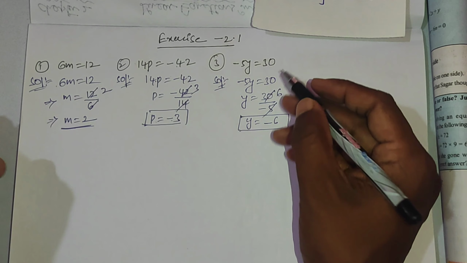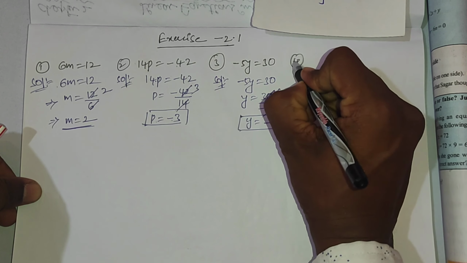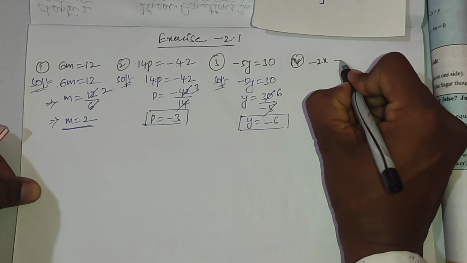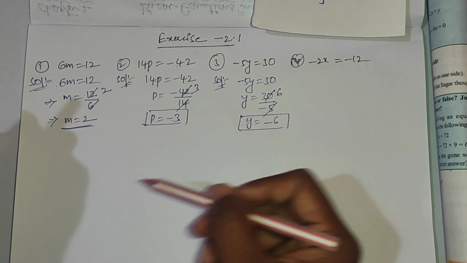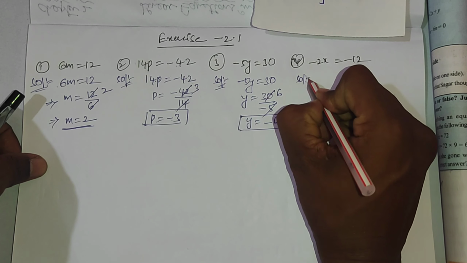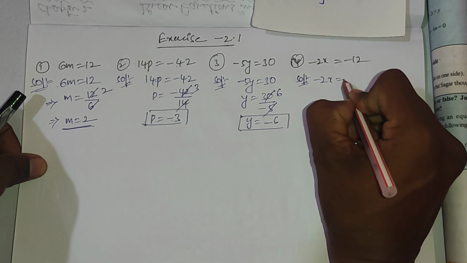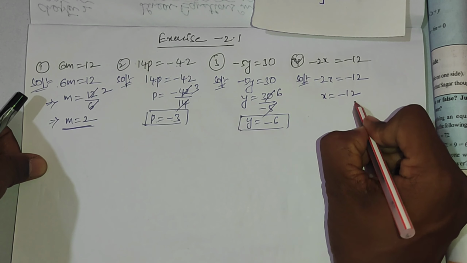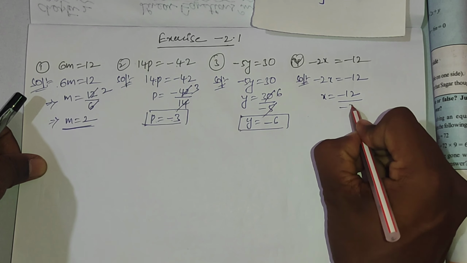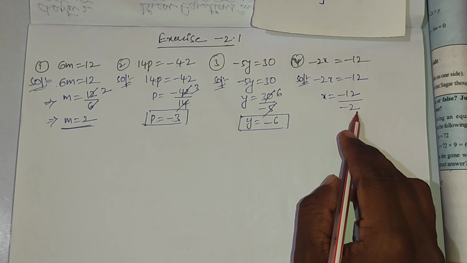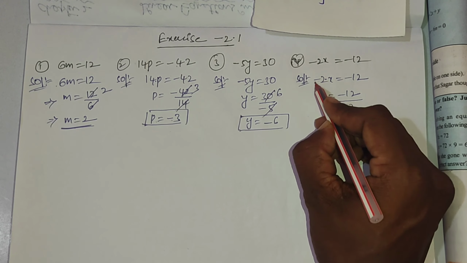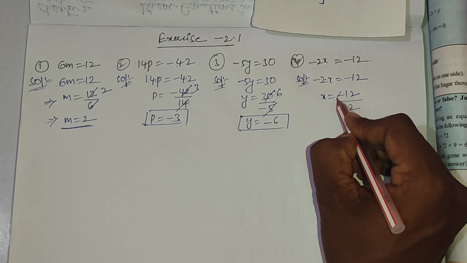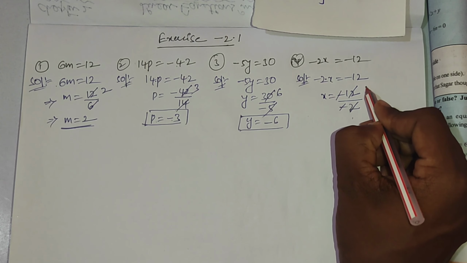Okay, next, the fourth one. Fourth one: -2x = -12. So listen carefully here. We have to find the value of x. -2x = -12, then x = -12 by -2. Again, this multiplication becomes division. Remember, it won't become plus 2, because this is only multiplication. This whole part is a single term, right? So multiplication becomes division. And minus minus will cancel, 2 ones are 2 and 2 sixes are 12.